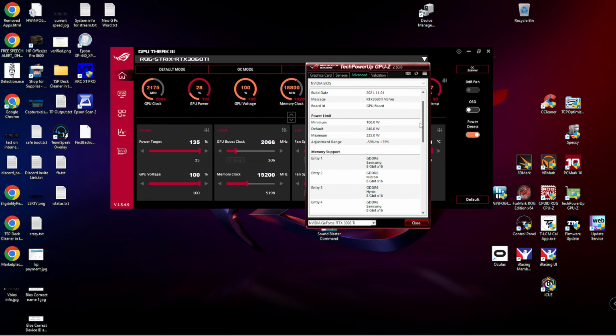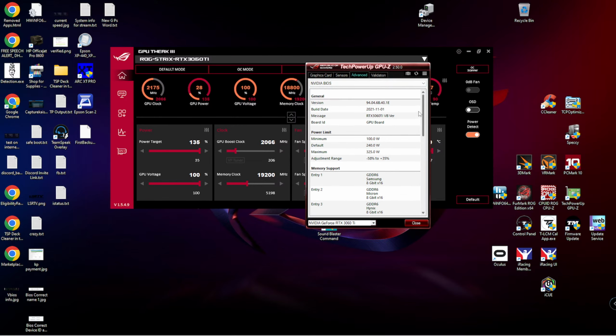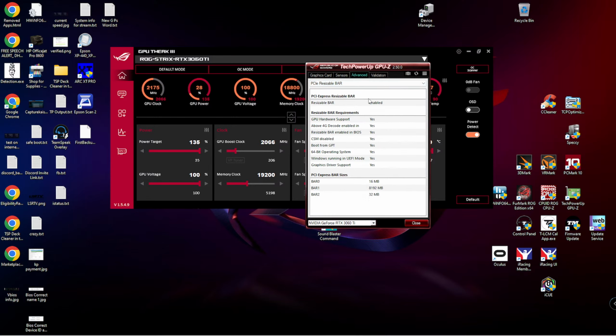All the BIOS information is there. Like, see, mine can go 325 watts. And then resizable bar. Boom. It's enabled. Yes, everything is. Bar 0 is 16. Bar 1 is 8 gigabytes. Bar 2 is 32 megabytes. And then you got some other little cool stuff in here too, like